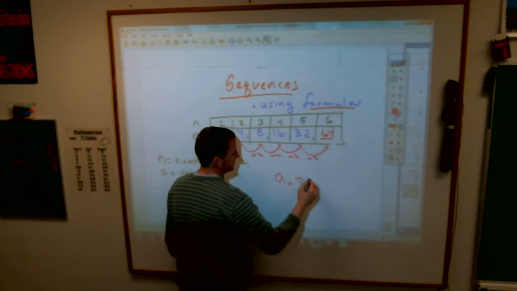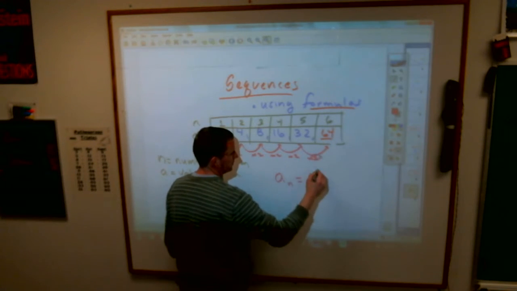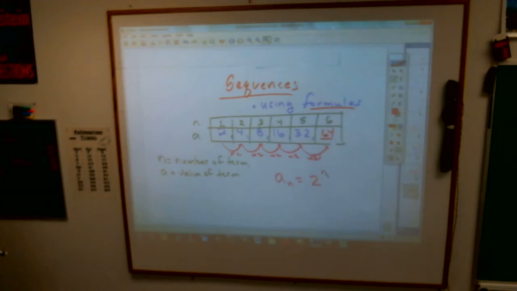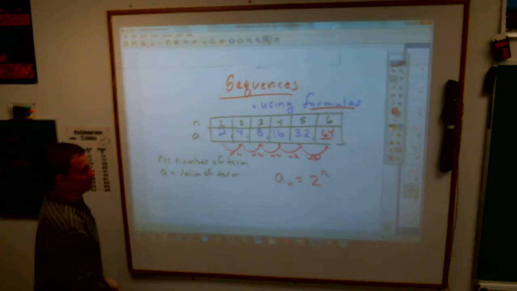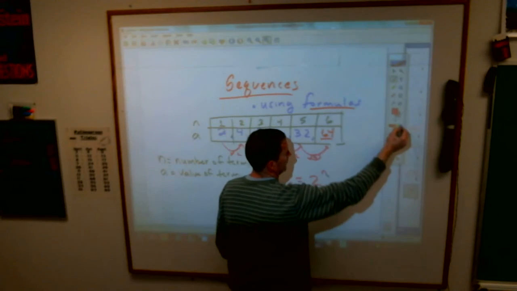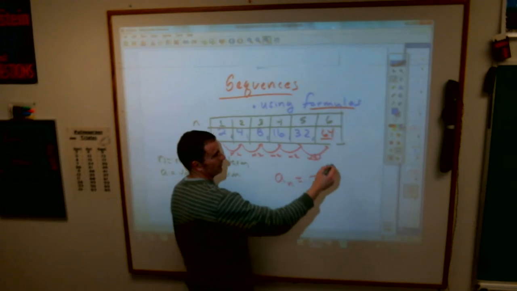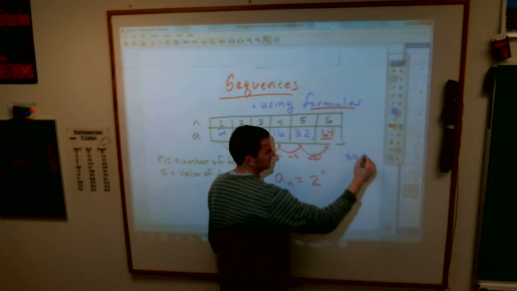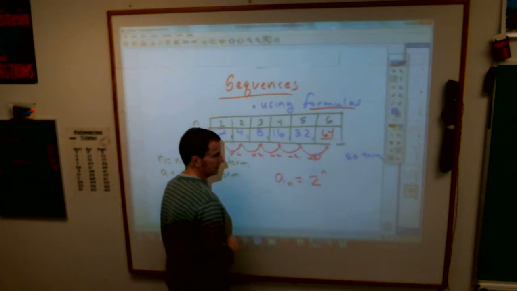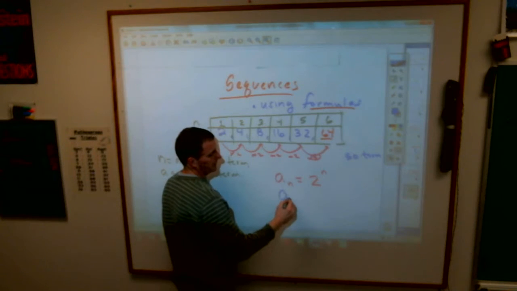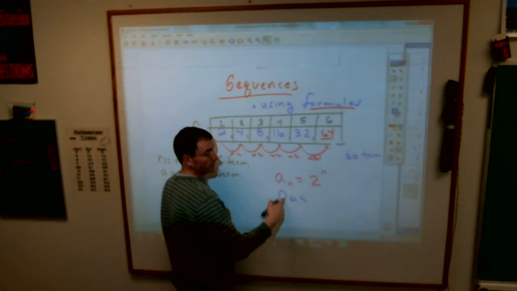What is this? It's 2, this number, to the nth power. But you don't have to figure out how to figure out the formula, because they'll give it to you. You just have to know how to use the formula. Just remember, if you are given this formula and I asked you what the 50th term was, and I won't ask you to do this because it's going to be something outrageous, you would say this: A sub 50, the value of the 50th term,